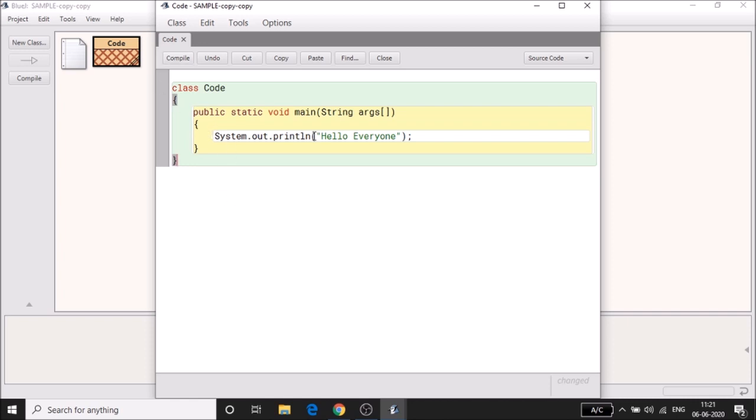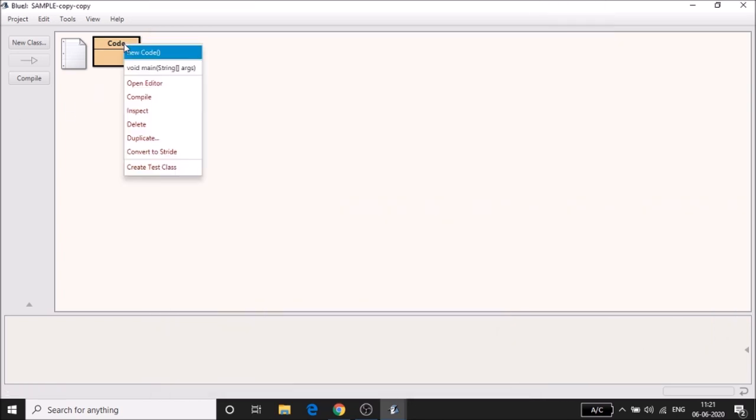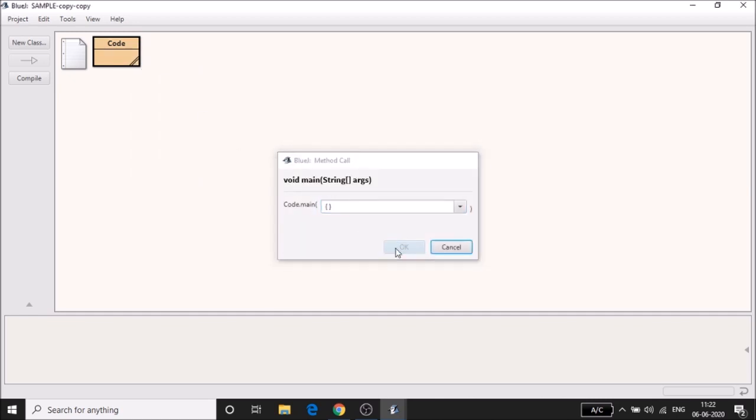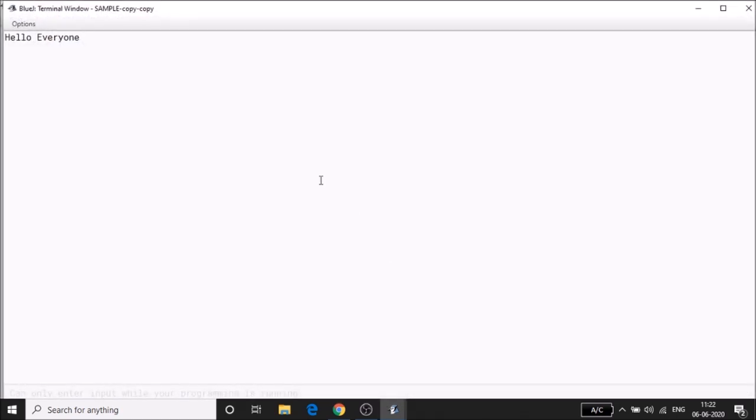So as you all might have guessed, the System.out.println statement is used to print something on your screen. Now hit compile and it should say class compiled, no syntax errors. Now if there's an error, cross check between my program and yours and see if there's a mistake. Now let's minimize this tab and right click our class and go to void main String args and hit OK. Now your program has successfully been executed. That's it. See, Java is so simple.